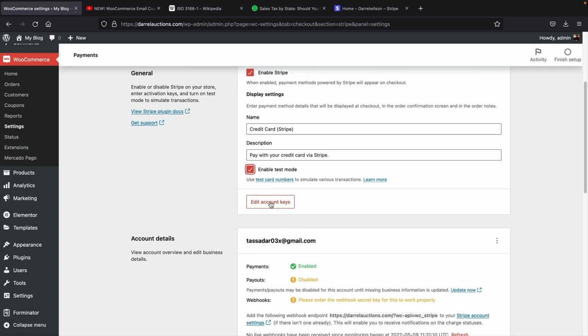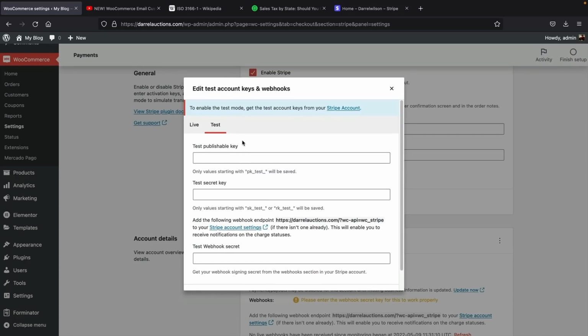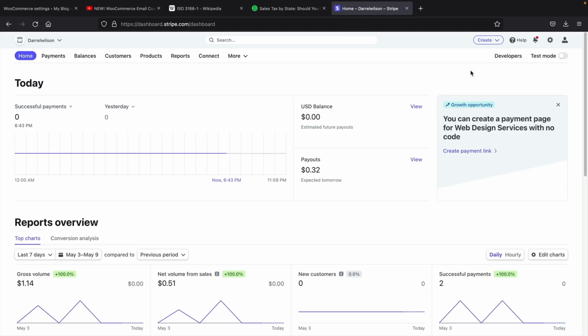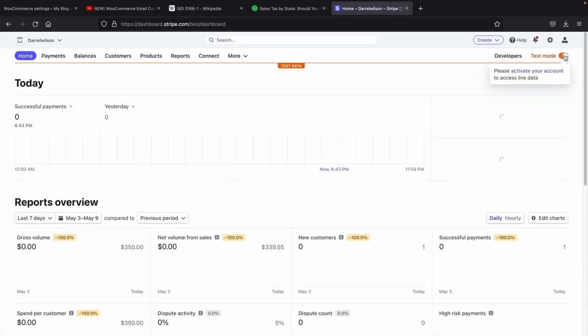Next, I want to go ahead and click on the edit account keys because I enabled test mode. So right here, edit account keys. Now it is asking me for a test key. The live key is already inserted automatically. However, I'm gonna go over here to test, and then I'll just go ahead and get the keys right here. So over here, I'll first enable test mode,